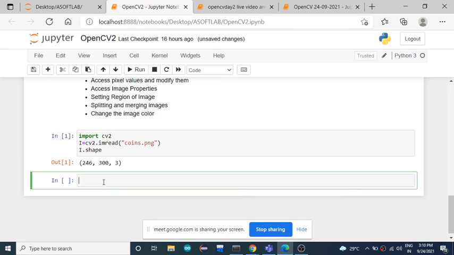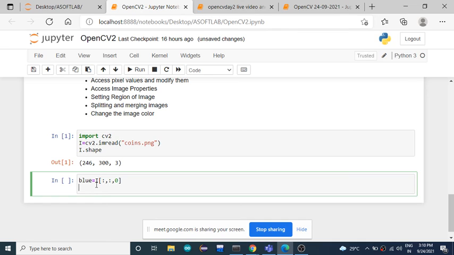If I want to extract only the blue channel, the blue layer, from this image, I assign a variable the value image[:, :, 0]. All the rows, all the columns, first channel. The image is read in BGR format, so the first layer is blue, the second layer is green, and the third layer is red.